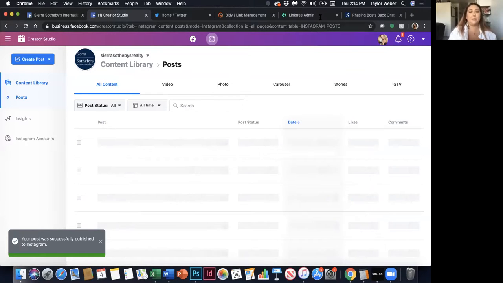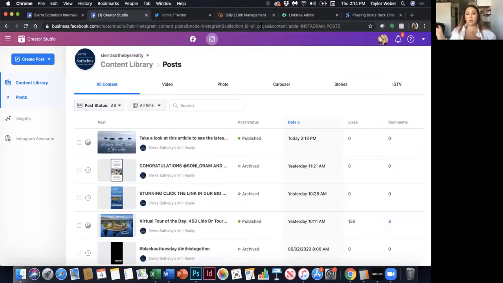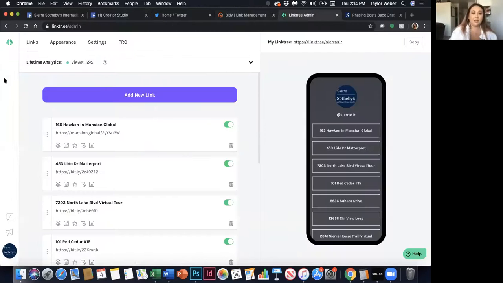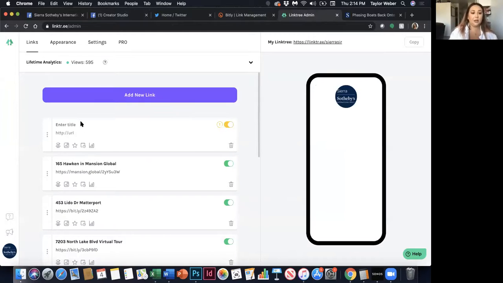But the last step that I have to do when I'm posting to Instagram, because I told people to go to the link in our bio, is this Linktree, which is the link in our bio. So instead of always having to go to our Instagram profile and change the URL in our actual profile, this is a way that we can have several links under one link, if that makes sense. So I'm going to click here, add new link, and I'll say,